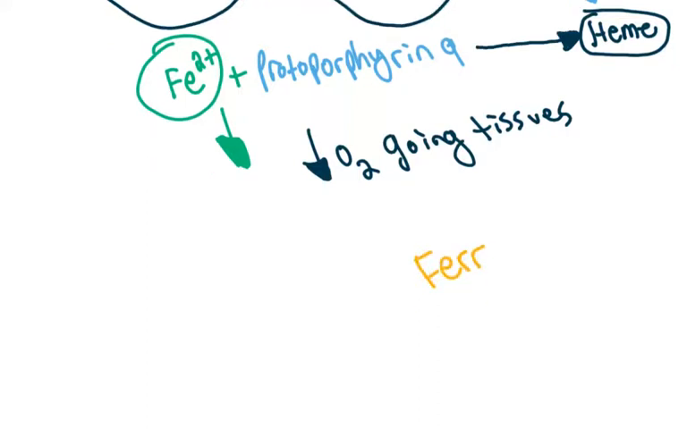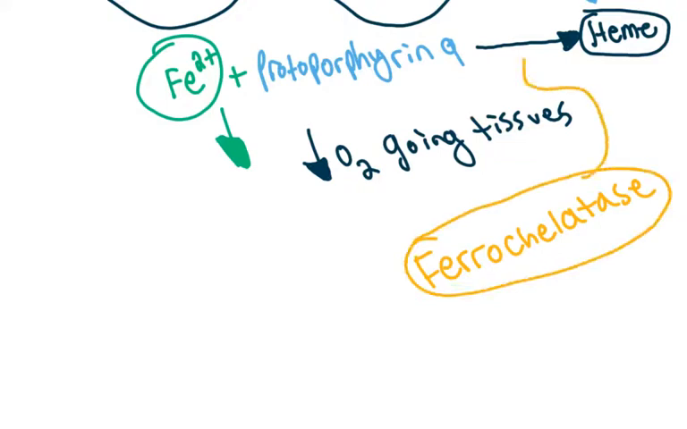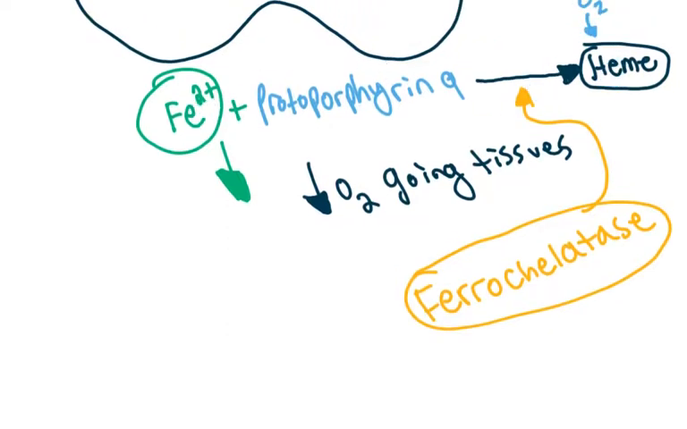ferrochelatase. All right, so ferrochelatase or chelatase. I can't spell it today, sorry about that. Ferrochelatase is going to be our catalyst that lowers the activation energy for this specific step, so that helps this reaction go forward at a faster rate. It's our enzyme that's going to help